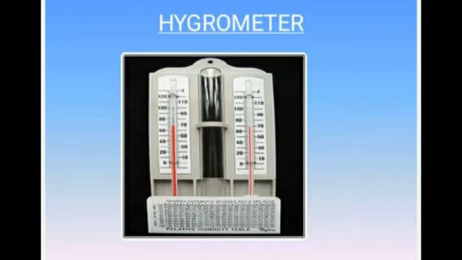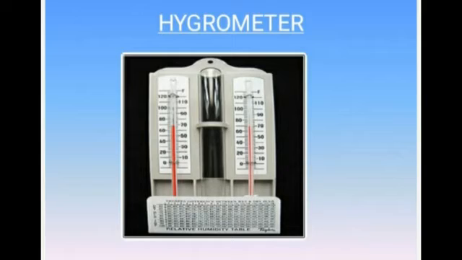So when the wind blows, water from the wet bulb thermometer evaporates and thus lowers the temperature. Temperature comes down. So hence the wet bulb thermometer records a temperature lower than the dry bulb thermometer. Okay, so here the difference in the reading of the dry bulb and the wet bulb thermometer helps us to find the humidity, the water content in the air. So the lesser the difference, the more humid is the air.